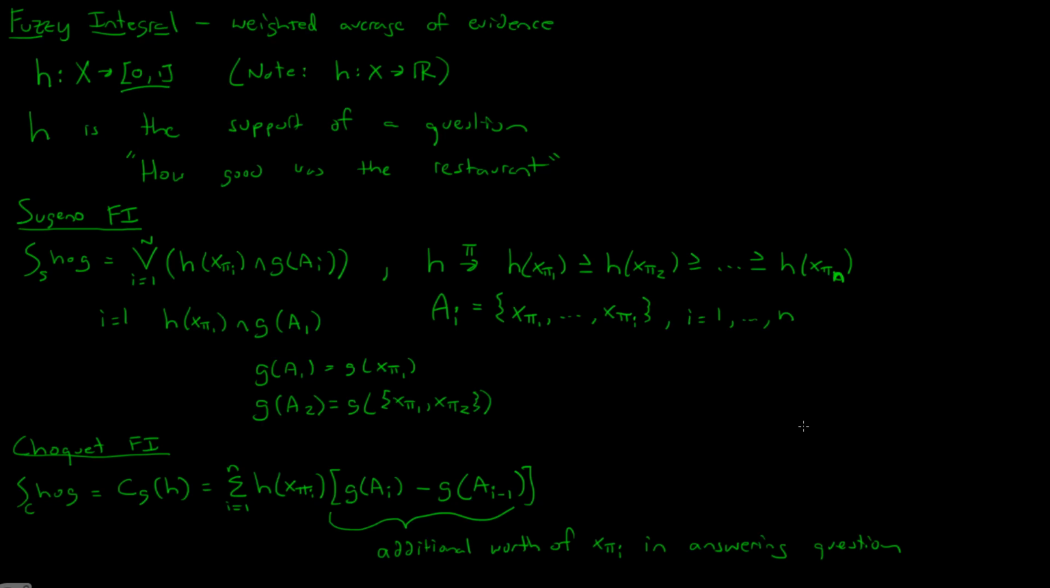Okay, let's see some examples of those. Alright, so let's go back to the example that we had with 3 information sources, x1, x2, and x3. And if you recall, we had come up with a measure for those sources. So the worth of information source 1 was 0.2, the worth of information source 2 was 0.3,